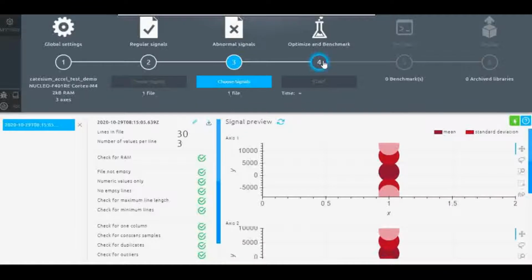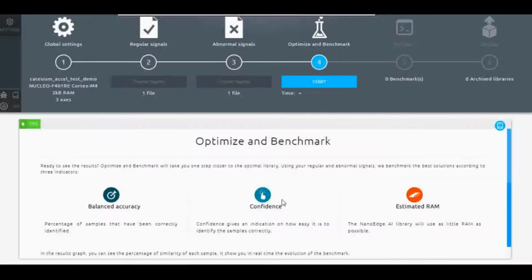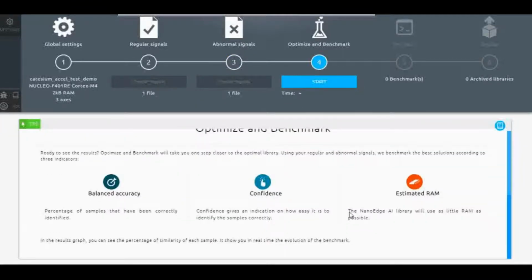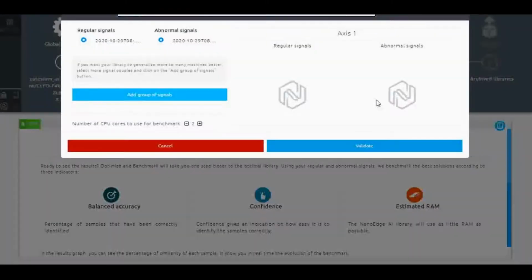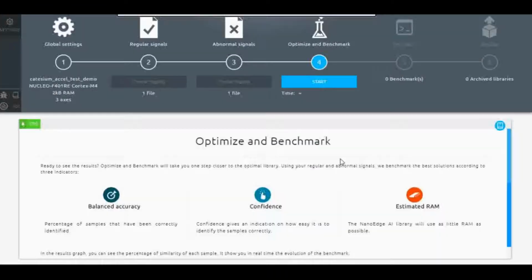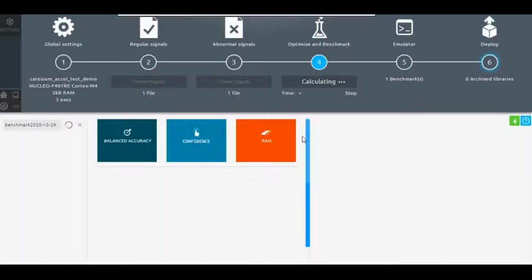So now I need to optimize and benchmark the signal. Here I'm starting optimize and benchmark with two signals, and let's see how the data comes, and we will get the best optimization and benchmarking possible.